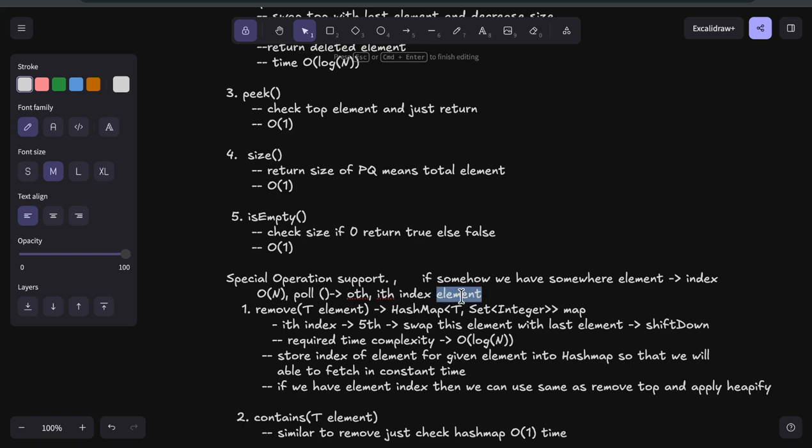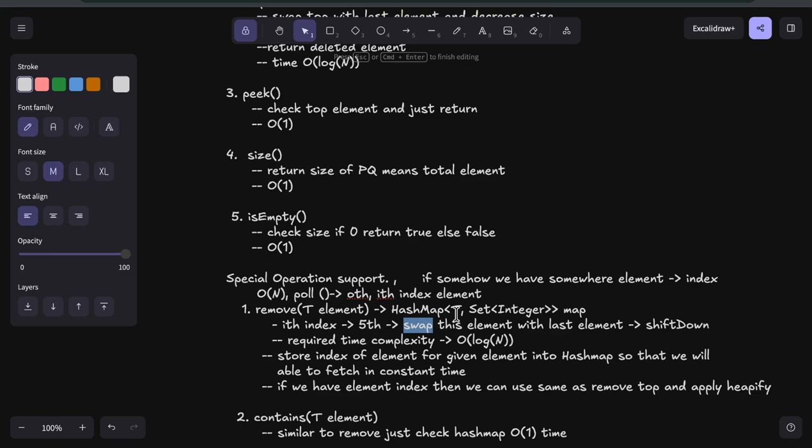If we store something so that we can get the index of that given element in constant time, then we can do the same as the poll operation. We already have a built-in data structure, a map, that we can utilize,